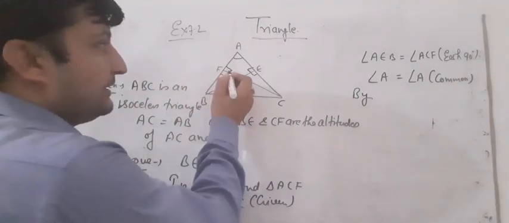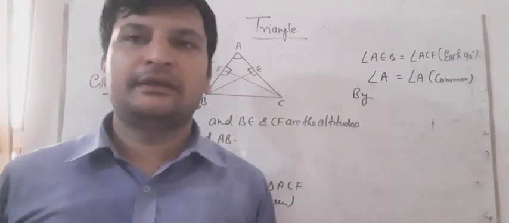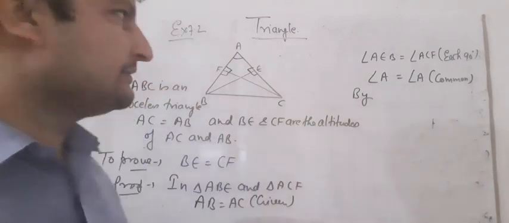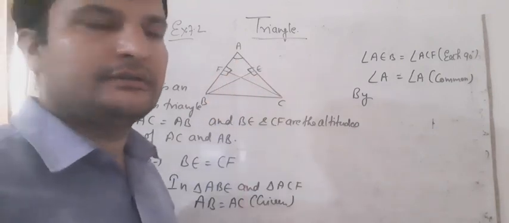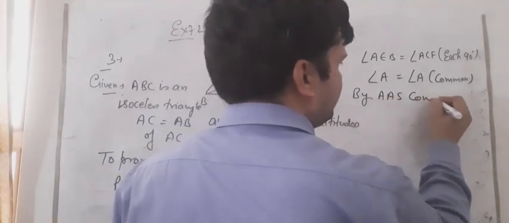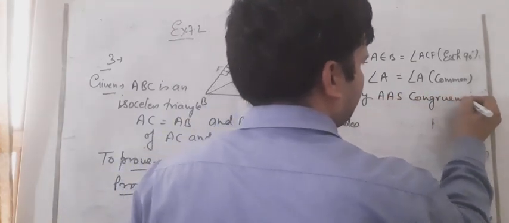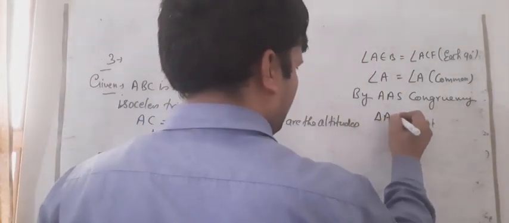Angle and side. I have told you many of the properties, SAS, ASA like this, but here it is angle and another side, not the included side. So we can say that by AAS congruency triangle ABE